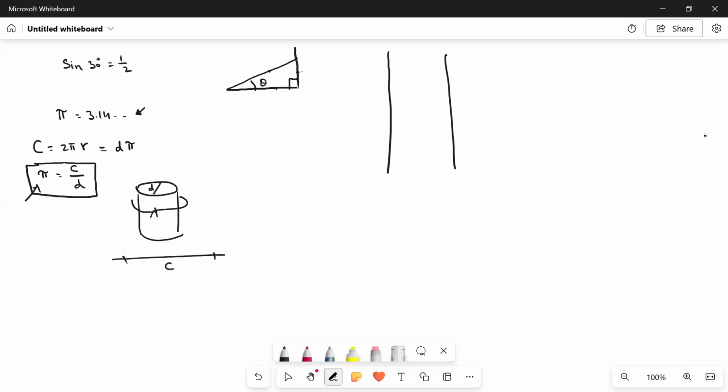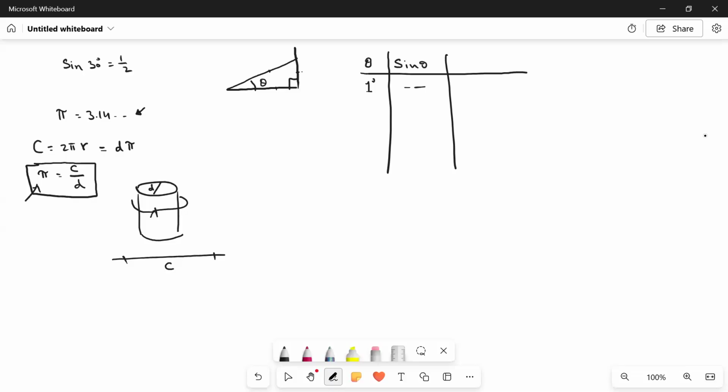For example, if theta is 1 degree, they make this angle very small, 1 degree, and calculate the ratio of the opposite side to the hypotenuse. That ratio they call sine of theta,